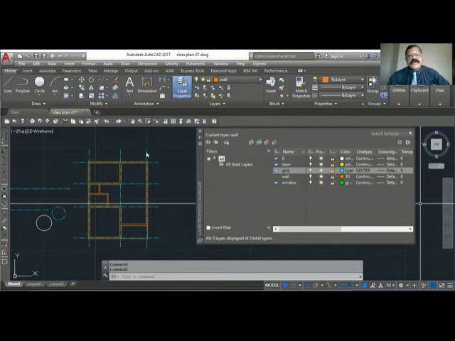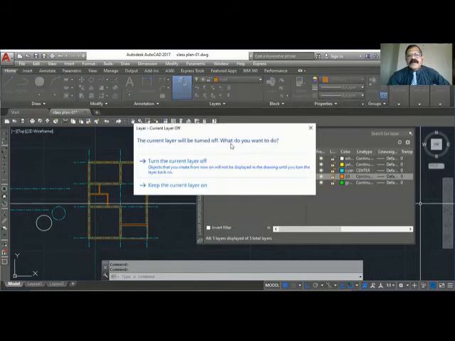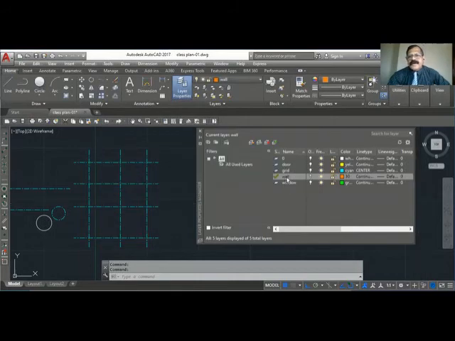Even the current layer you can turn off. But the problem is when you draw something, you will not see it. So never switch off. As far as possible, don't use this on and off. Always use the freeze command. So if I am in the wall layer, if I say off.